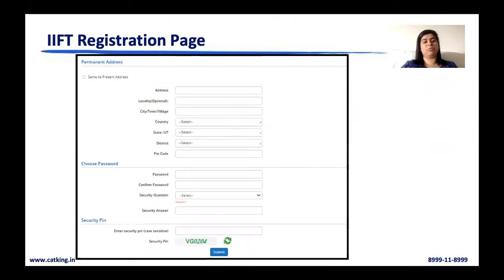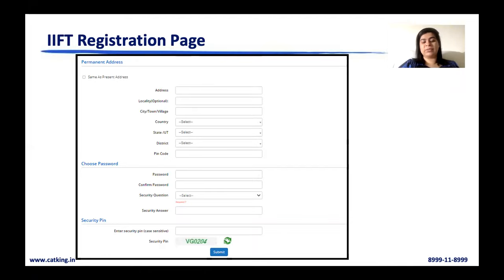Fill that up, and then we move further ahead to your permanent address and password. Keep a password which is easy, which you will remember, you will not forget. Remember at the beginning when we started, I had told you to make an Excel sheet or a Google sheet where you will be keeping all your application numbers, IDs, passwords for every exam available, so that it's handy for you. So make sure you keep an easy password, store it there, and keep a nice security question and answer as well, so that in case something happens, you can get it back. Don't try to be so unique and different that you forget your password and security questions, okay?